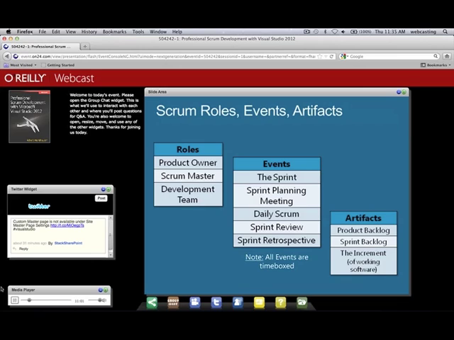Hey, we like how that feature went together. We've got a new idea. Let's put that in the backlog. Oh, hey, we like that you fixed that bug. Now I can take this other bug out of the backlog because it was related. So you're always inspecting the increment and adapting the product backlog during that meeting.